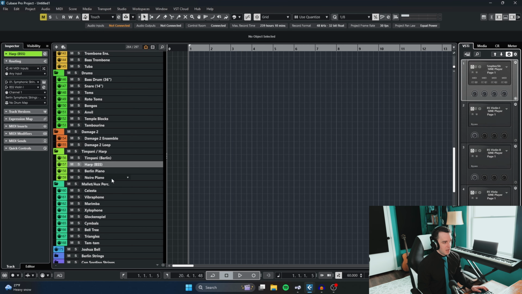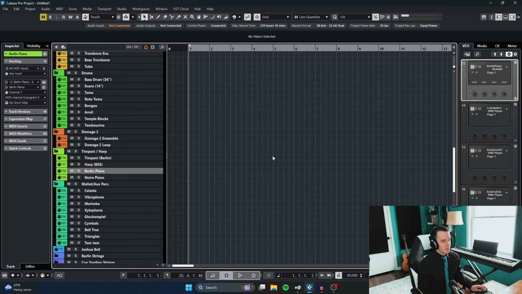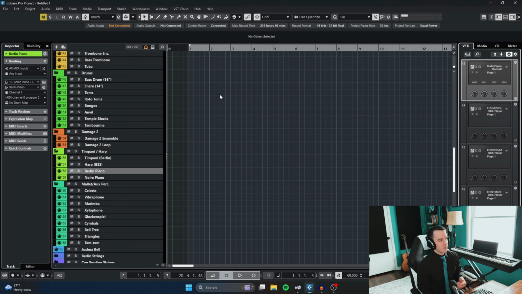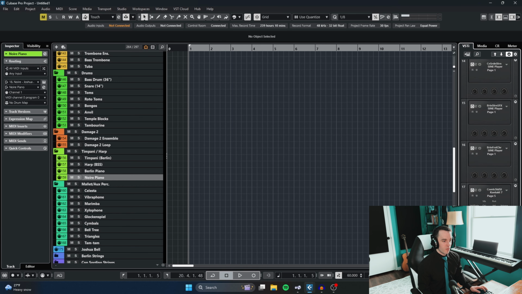Harp is nice. And then my piano, right? I have Berlin piano, but I find this is really only good for, in fact, I have one tune on a soundtrack that'll be coming out in a few years from now, where I started with this, and it's one of the opening tracks of the game, where it's a bit more soloistic, and I used the Berlin piano, and that made it to the end of the soundtrack. Like, it made it to the final product. But literally every track after that, I then went to Noir, because it's much better for more soloistic